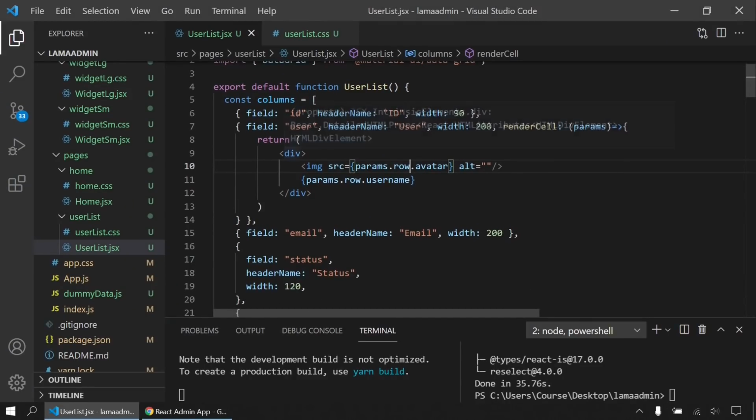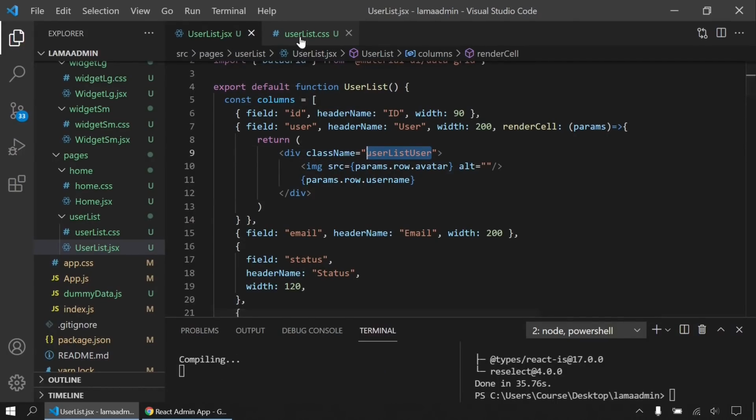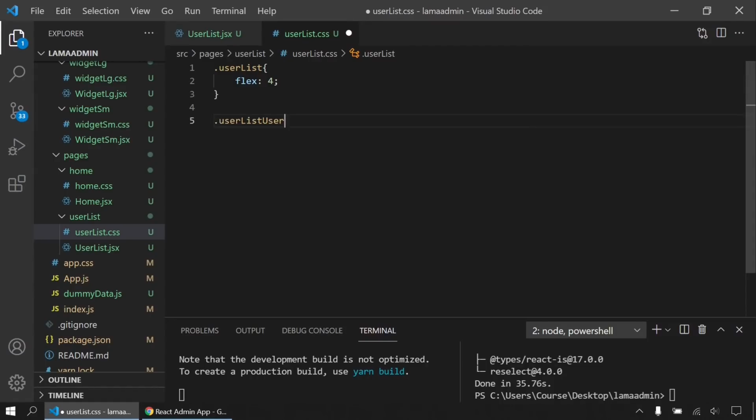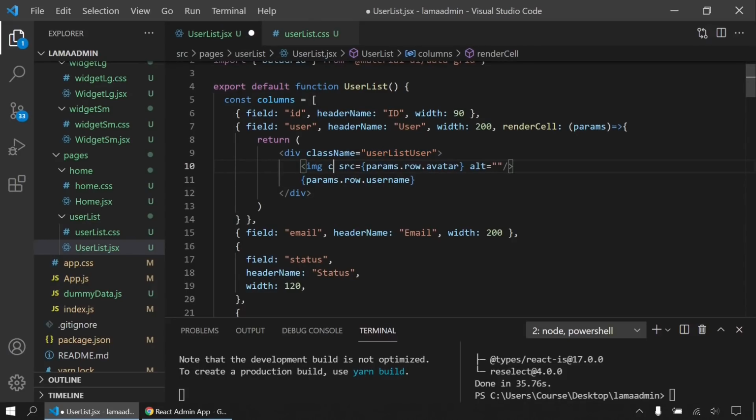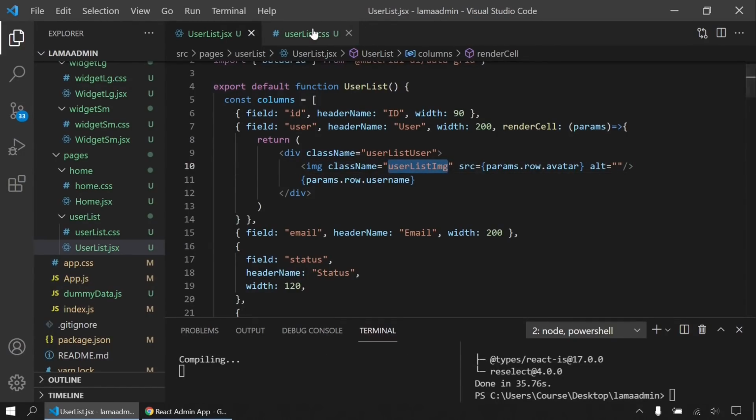So what I will do here, I can give my style. You can create it inside this CSS also. Let's do that actually. I will say className, userListUser. Okay, it's strange, but doesn't matter. And it's going to be display flex, align-items center, and for this image, let's give className userListImage. I will copy this and here